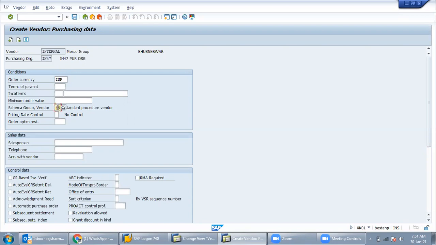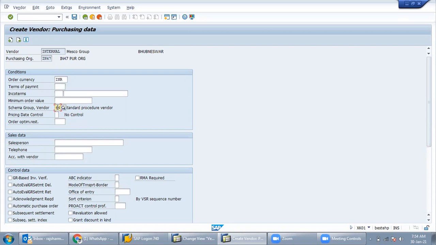Schema group is a paperless approval process in the SAP system, also called a release strategy. It will come in the syllabus later. After 4-5 days, I will show you how the release strategy works. What is the release strategy? Actually, it's a paperless approval system in SAP.